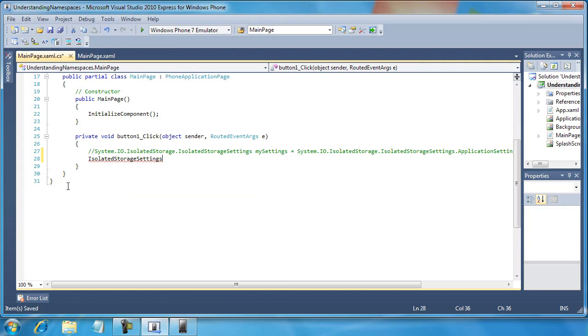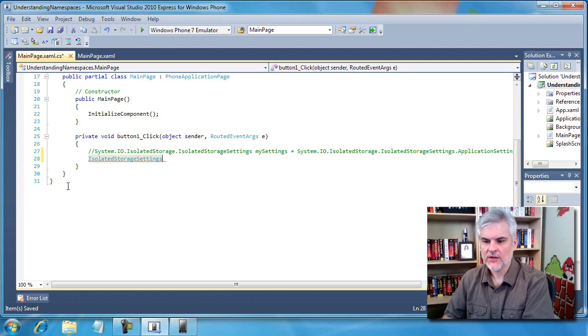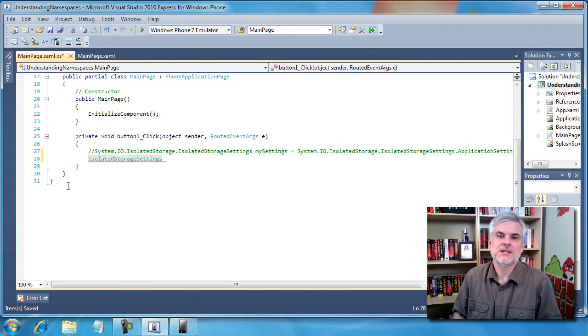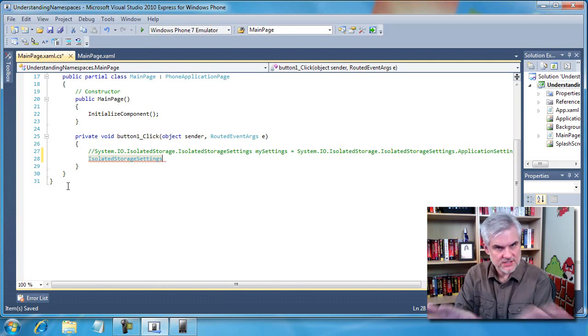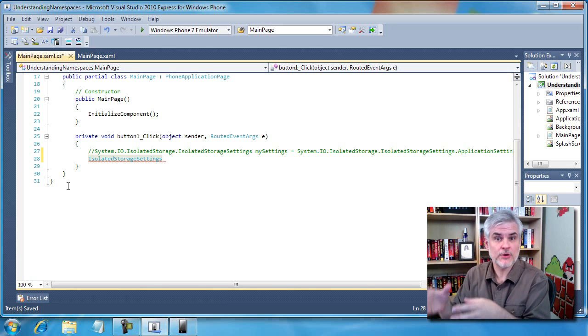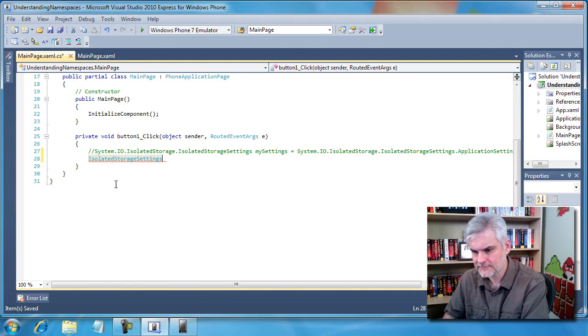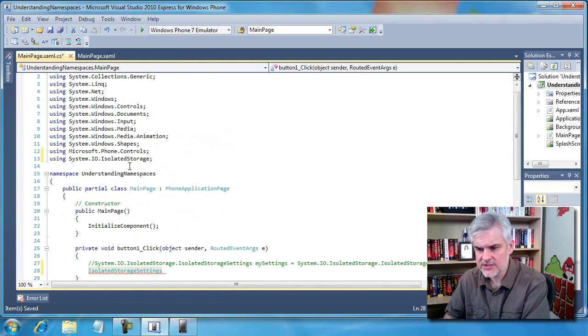in the window, and when I do that, notice first of all that isolated storage settings changes its color from black to an aqua blue color, which indicates that we're working with a class name. We talked about color syntax highlighting in one of the previous videos, letting us know the parts of speech, the nouns versus the verbs, to extend that analogy, the classes versus the operators versus namespaces, and so on. If I scroll up to the top, you'll see that we've added a new using statement in line